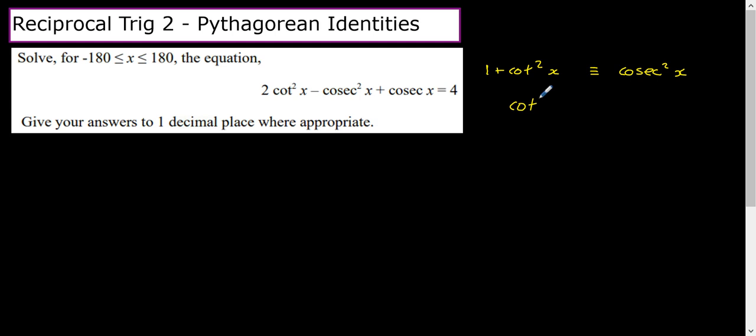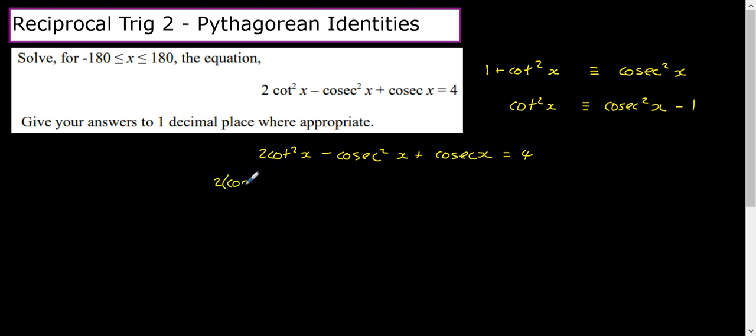So much as we did before, we'll rewrite this identity and say cot squared x is cosec squared x minus 1. And then we'll go ahead and swap that into our equation. So our initial equation is 2 cot squared x minus cosec squared x plus cosec x equals 4. We'll swap in our cot squared x is cosec squared x minus 1. So we've got 2 times cosec squared x minus 1. That's our cot x, remember. Minus cosec squared x plus cosec x